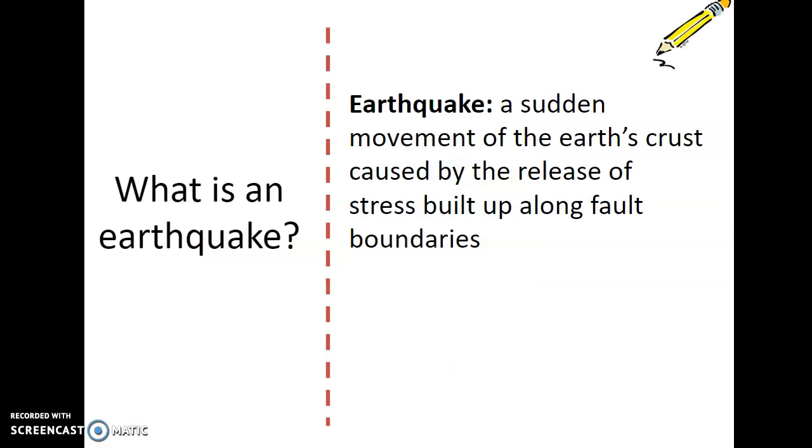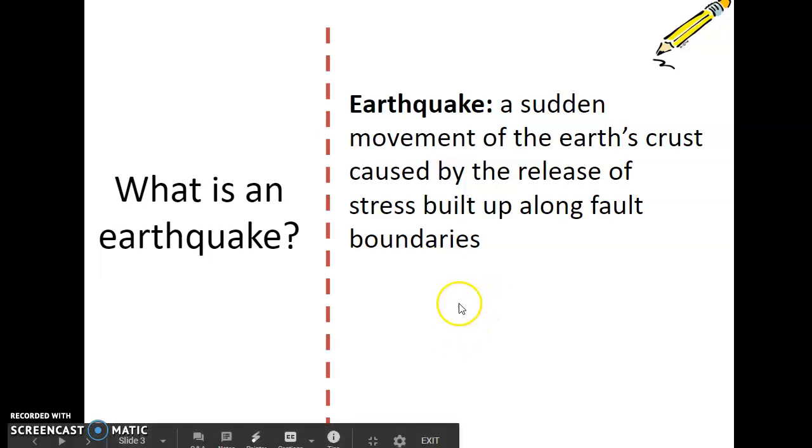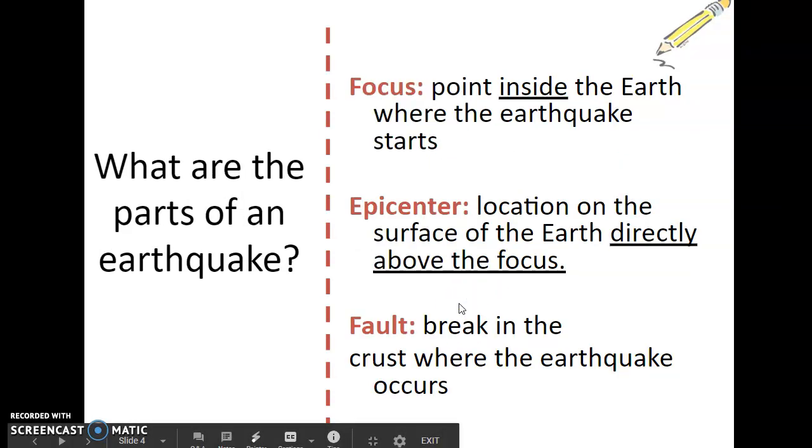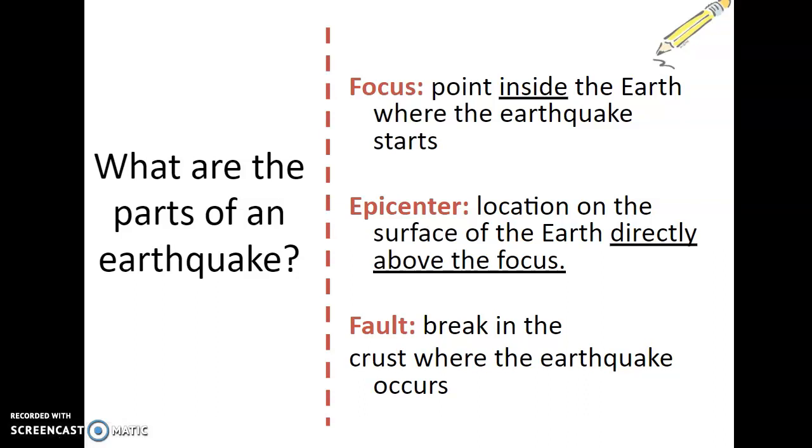So let's ask ourselves, what is an earthquake? You guys have probably heard of earthquakes on the news. You probably associate them with places like California, where they are along fault lines. An earthquake is a sudden movement of the Earth's crust that is caused by the release of stress built up along fault boundaries. So there are different parts of an earthquake, which we just talked about in the diagram